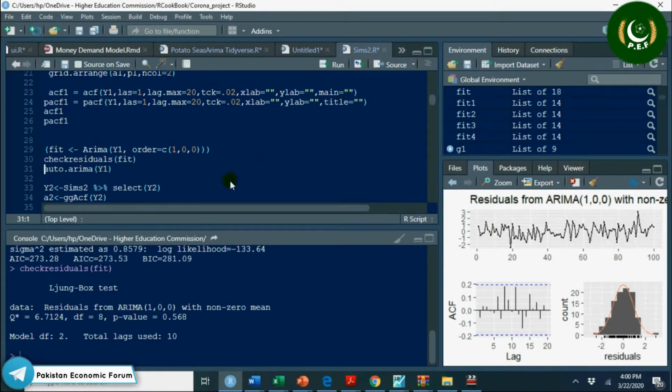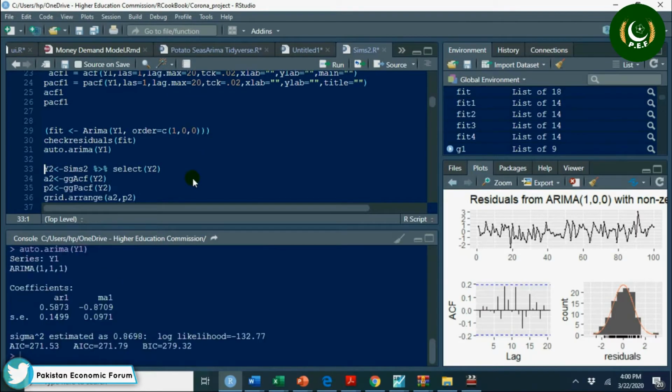If you select AutoArima, it means you ask the system, R, EViews, Stata, or some other software, to select the model for you. Let's run this auto.arima Y1. It has selected model AR1 MA1, and its AIC, BIC are 271.53 and 271.79.